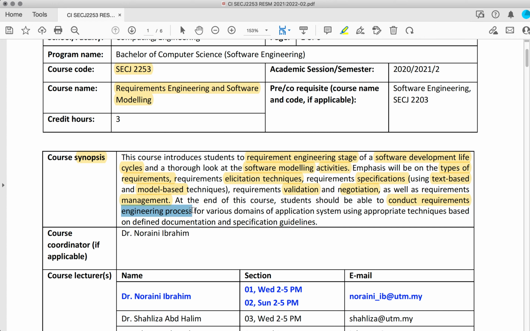Okay, so if the project given to you comes from various domains, meaning different types of application, for example, e-commerce, healthcare, MIS, interactive, and many more, you will be able to elicit, specify, validate and negotiate, as well as manage the requirements for these different types of domain for the proposed system to be developed. Conducting the four activities in the requirements engineering process for the various domains will be based on appropriate